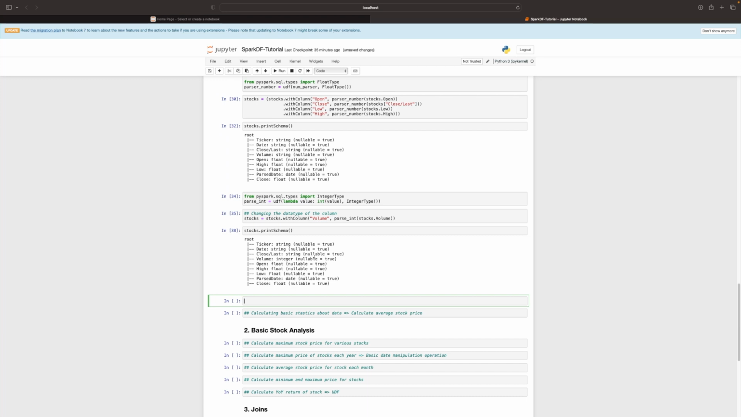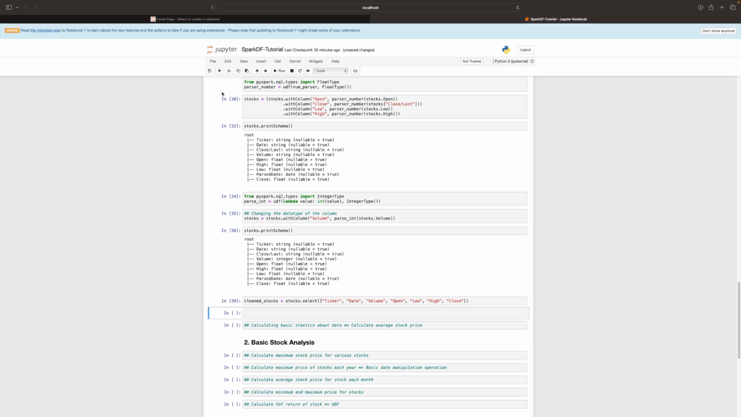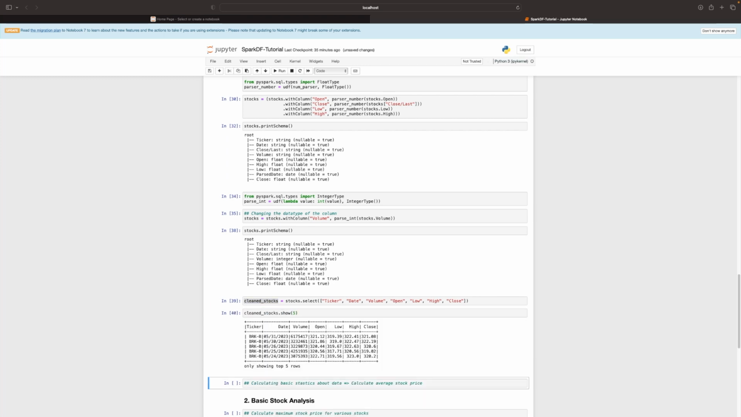The way that we do that is we can say cleaned stocks is equal to stocks.select, and we want to select a bunch of columns. We want to select ticker, we want to select the date, and then we want to select the volume. We want to select the open price, low price, high price, and then the close price, right? And then once we select that, we can go and see our cleaned stocks data frame, show 5 of those, and then you can see